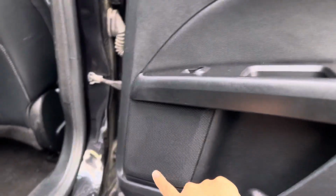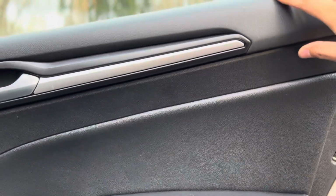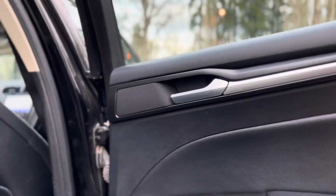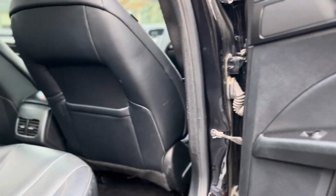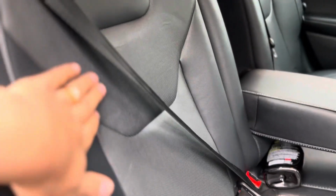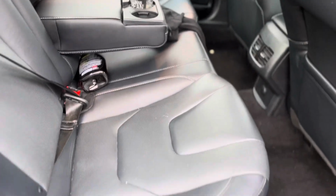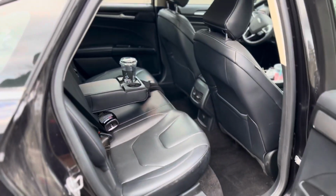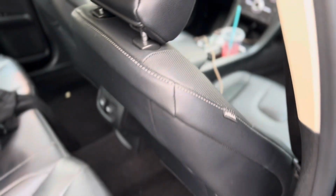As you can see, there's 1 speaker here and a tweeter up there. Again, it carries through nicely back here. Soft touch materials, leather. I don't think this is leather, but it could be leather. Scratching material back here, leather throughout, and it's perforated leather even in the back seats. Oh gosh, this reminds me, I hate to compare Fords to BMWs, but gosh, this reminds me of my BMWs from way back. I mean, this car's a little bit dirty,